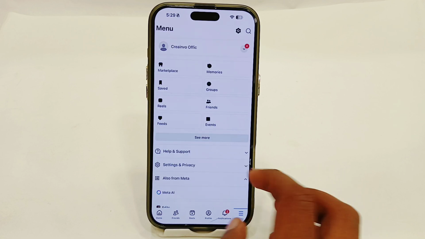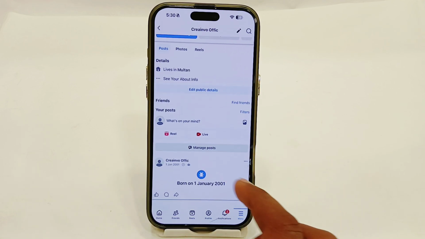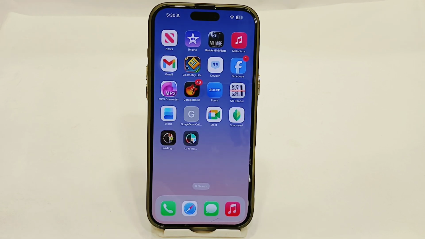Now go to your profile option again, and you have to check if it has been deleted or not. So you can see that it has been successfully deleted. So in this way, you can easily delete all of your